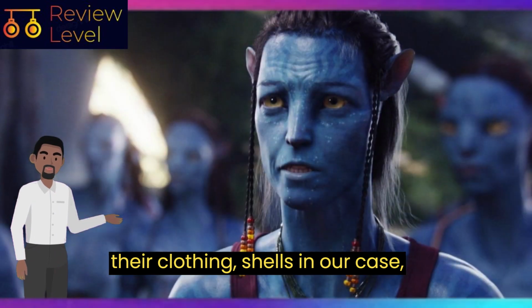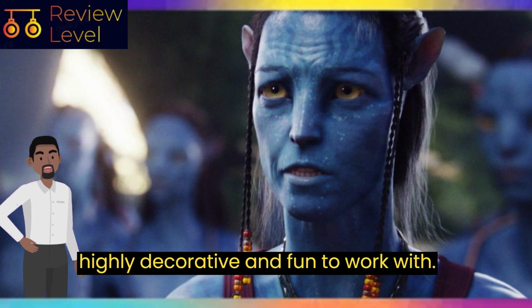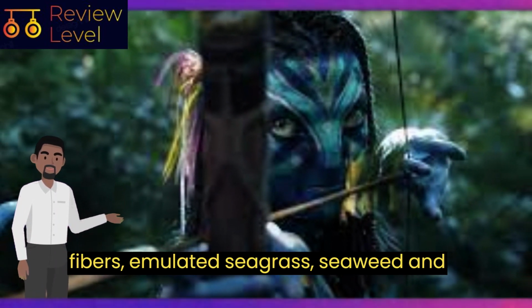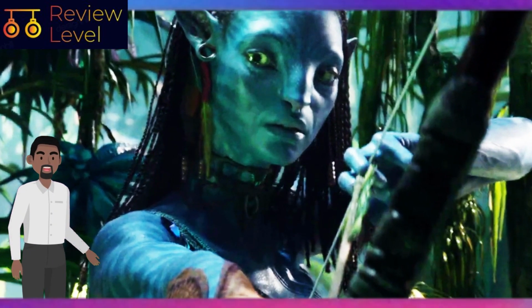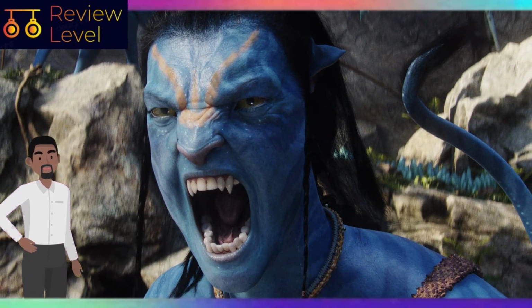"Shells, in our case," Scott says of the Reef clan. "Shells are highly decorative and fun to work with." Scott and her team also used natural fibers, emulated seagrass, seaweed, and corals, and incorporated feathers and skins into the looks. Metkayina clan leader Tonowari, Cliff Curtis, wears what Scott calls a toa guard, the leather piece worn across his chest,